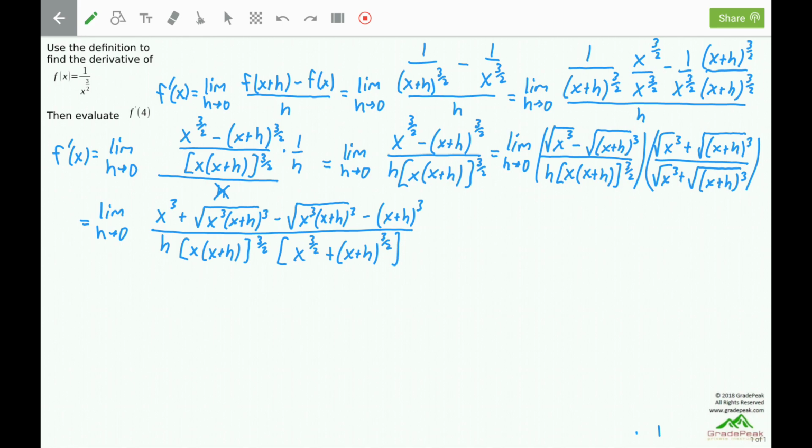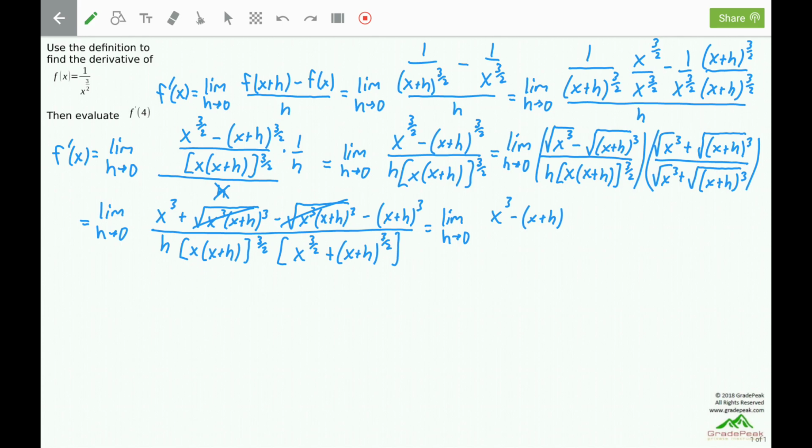Just looks a little nicer writing it that way if we're not going to actually FOIL it out. In the numerator, the outside and inside terms are equal value and opposite sign, and they will cancel. Our next step is to FOIL out the (x plus h) cubed in the numerator. That will give us the limit as h goes to 0 of x cubed minus (x plus h) times an (x plus h)